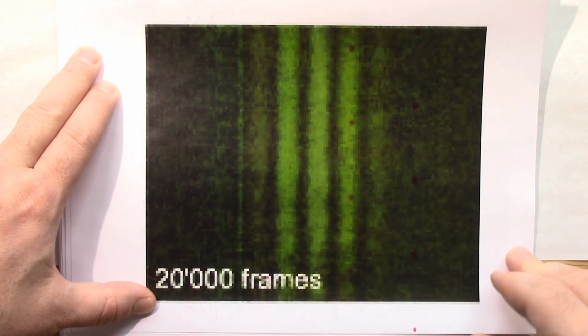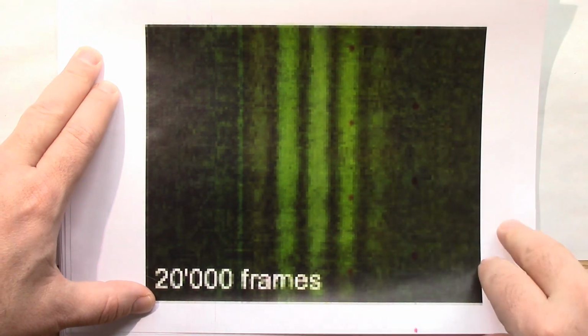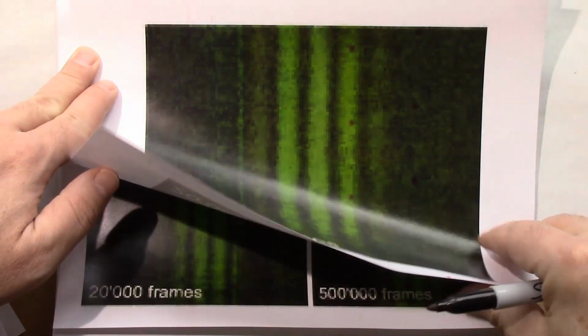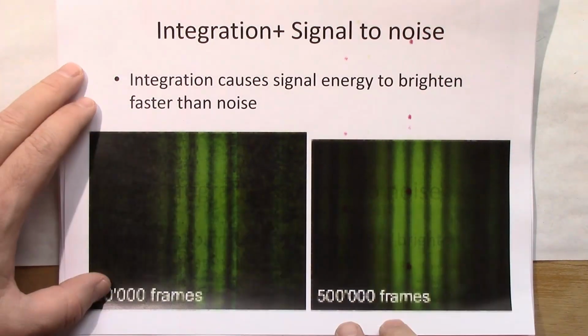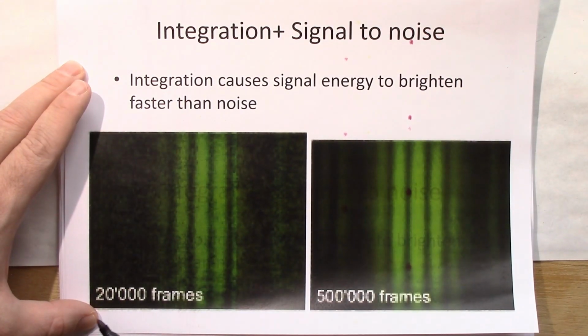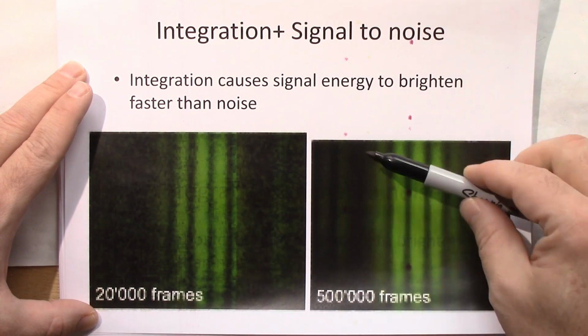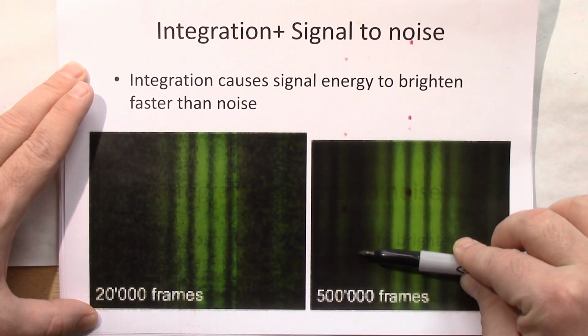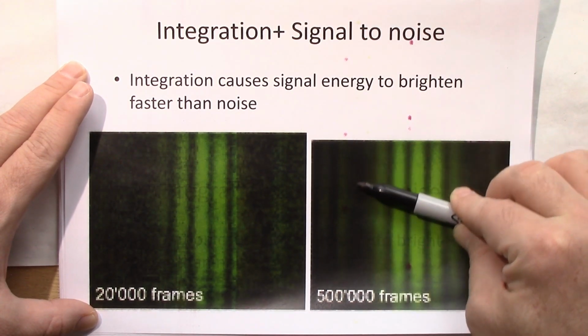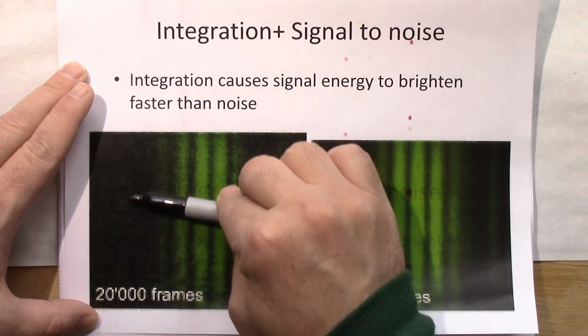Okay, this area over here is certainly what engineers would expect from noise. If you compare the 20,000 frame version to the 500,000 frame version when you go there on your own, you'll see over here where it's supposed to be absolutely dark, there should be no pixels being produced. But here you're going to see a definite noise floor.